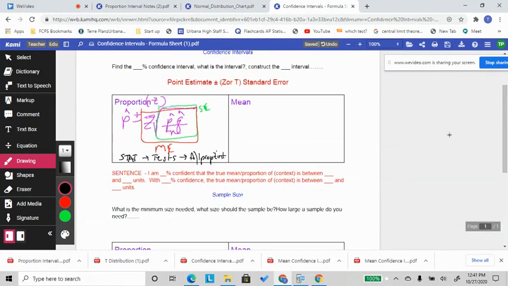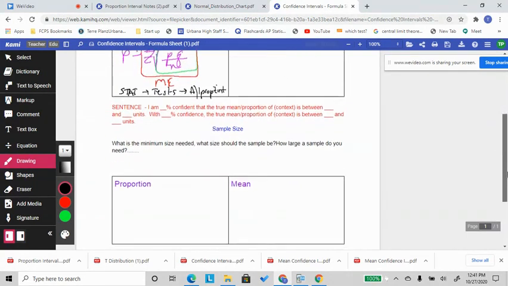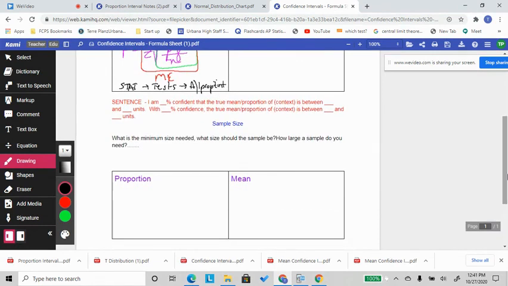And then here's your sentence templates for both of the sections that we're going to be doing. And then sample size, this is, hey, how many people do I need? What's the minimum sample size needed? What should the sample be? How large a sample do you need? Any of those questions. If you're doing a proportion, proportions always use these. And then this